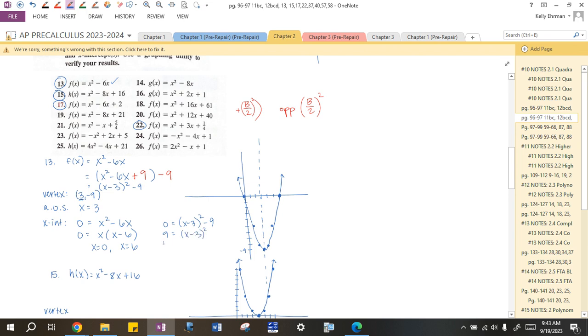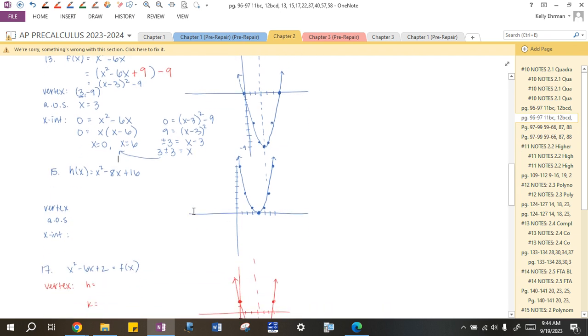I'm going to square root both sides. Remember your plus or minus in that case. And then you're going to add 3 to this side. So positive 3 plus or minus 3 comes out to 6 and 0. All right, I think factoring is faster, but if the problem doesn't factor, then you could go from your vertex